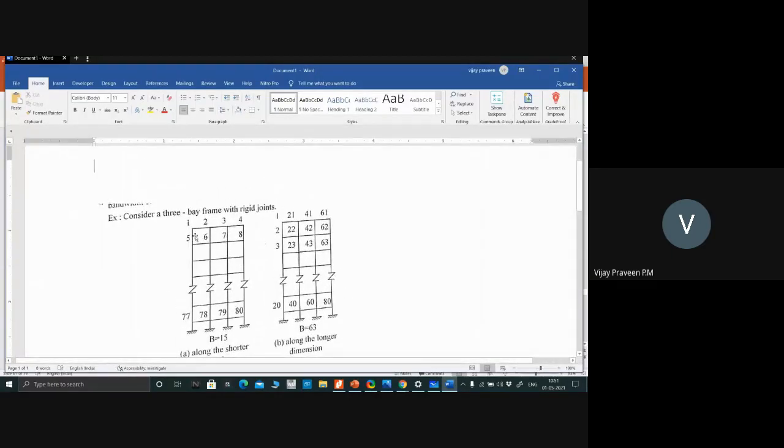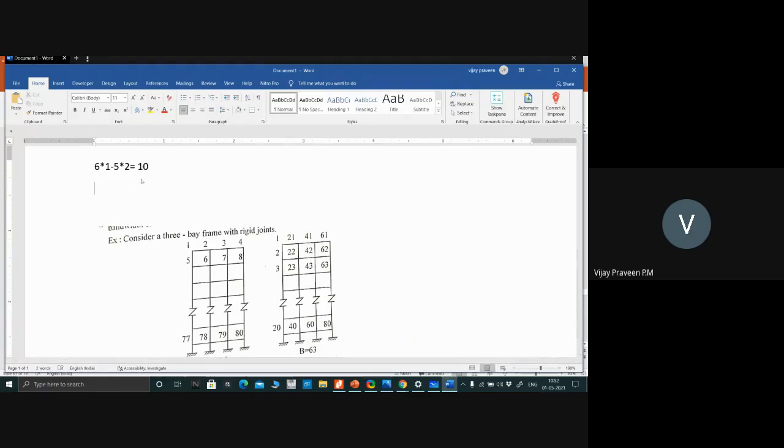Okay, now how to calculate the difference? See, for the first element, you take the opposite corners: 6 minus 1... 6 into 1 minus 5 into 2, that is 10. The difference becomes how much now? Usually we subtract the smaller value from the greater value, so I will take 10.